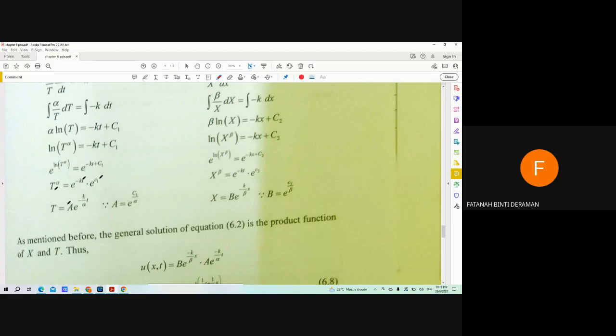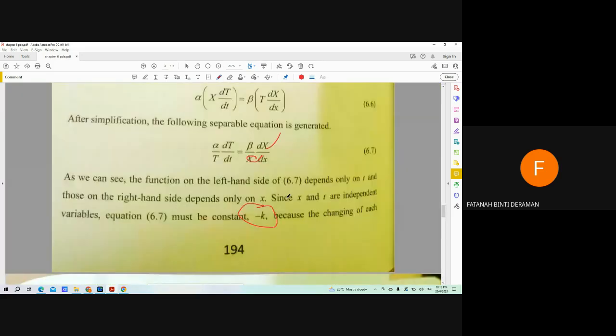so what we do here, actually we divide both equations by 1 over alpha here, and also here divide by 1 over alpha. So that's why you will get this. The same thing happens here. To get x, we need to remove the beta here. To remove beta, we need to raise to the power of 1 over beta for both sides, so you will get this. So if you can see here,